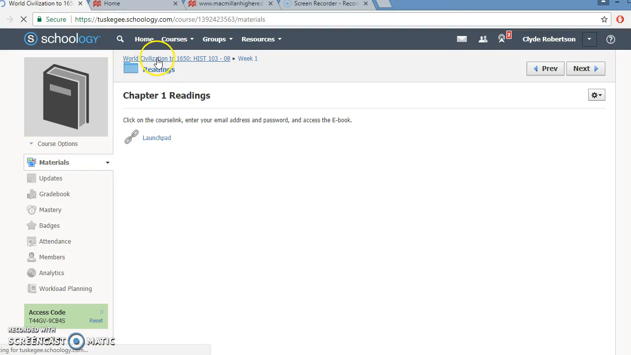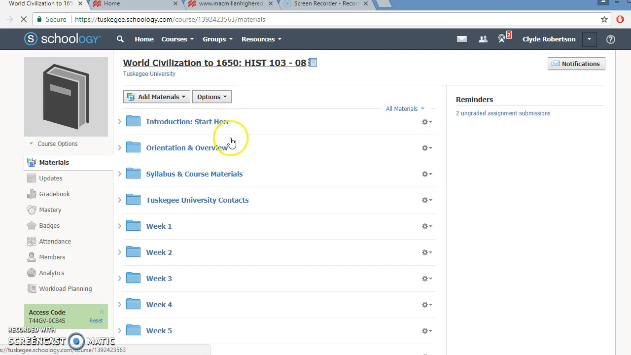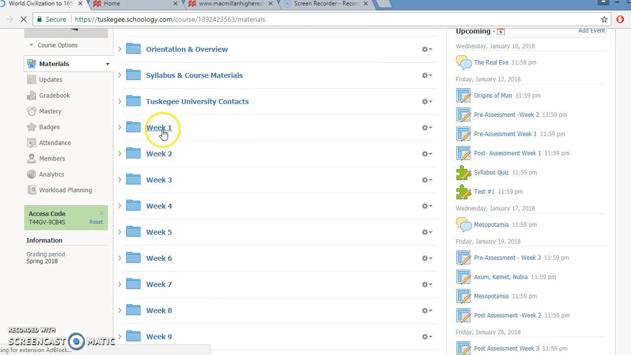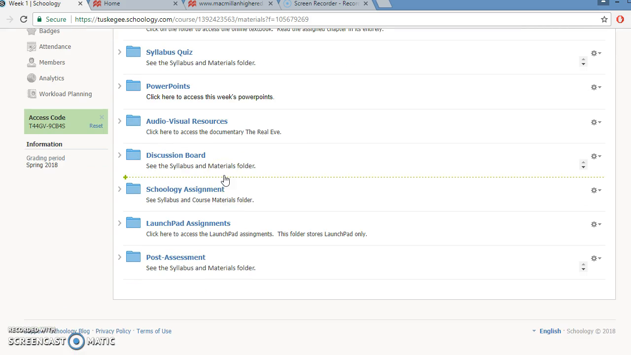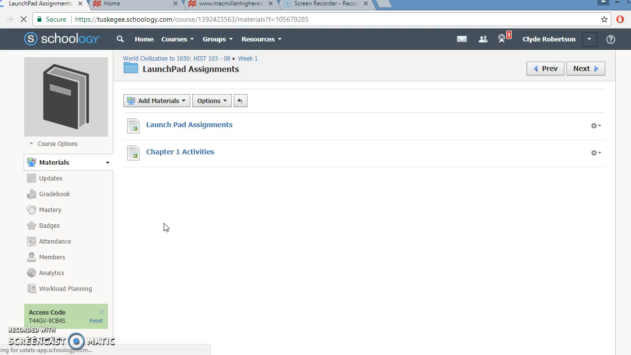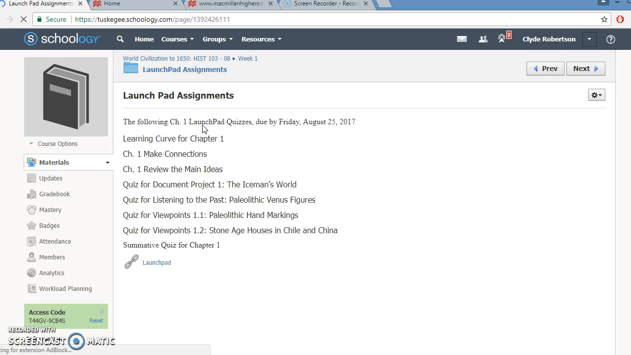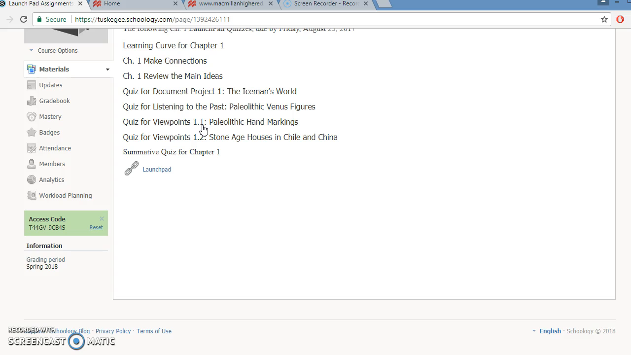Now, your assignments are also very similar, but also very different. There's also more information. Just go to week 1 and scroll down to the folder Launchpad Assignments. Click on the folder. Here you'll have the list of assignments that need to be completed. These are the list of assignments right here. So what you would do is